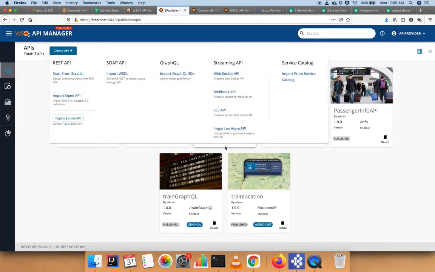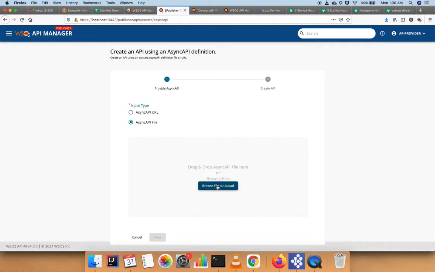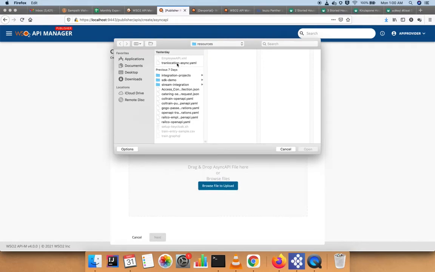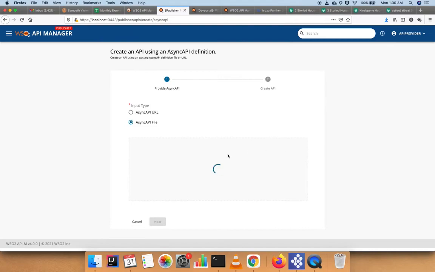The AsyncAPI definition and specification is quite popular among streaming API developers, so we do support AsyncAPI import here. If you already have an AsyncAPI definition available, you can click here, add the AsyncAPI definition like this, and move ahead with the API creation process.